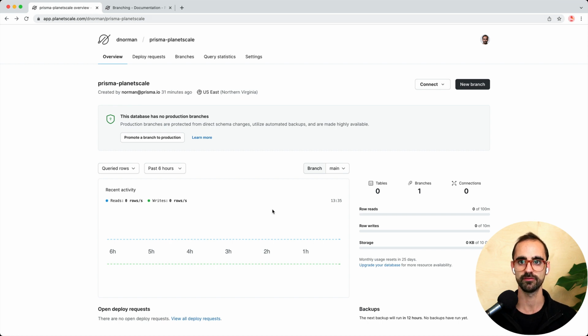So now that I've created the database, we can start thinking about how we're going to create the database schema. And this brings us to branches and how branching works with PlanetScale. PlanetScale essentially supports two kinds of database branches: development and production. Development branches are essentially isolated copies of your database schema, and the main feature they give you is that you can make direct schema changes onto them